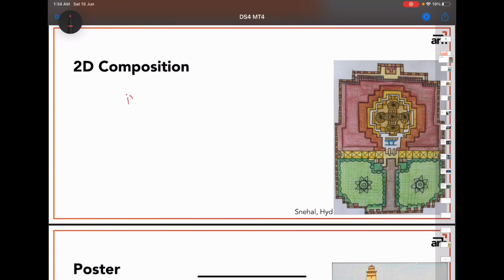First thing is, we know that this is the plan of the Akshardham temple, which is located in New Delhi. Now, if you Google the plan of this, you are going to find almost the same thing. So I think this drawing that Snehal has sent has the exact same number of elements, and the shape and size of the elements is the same.